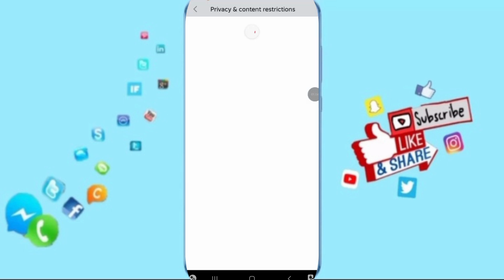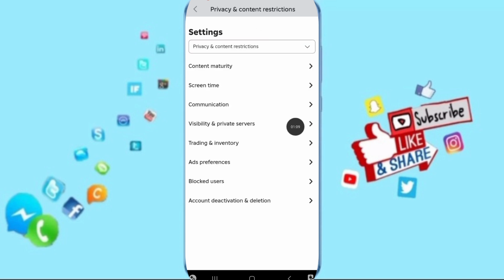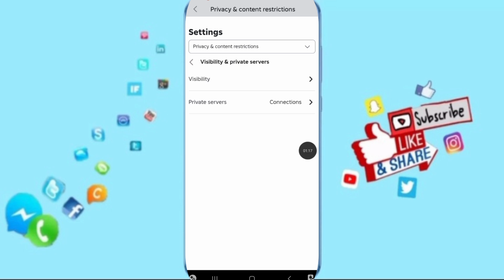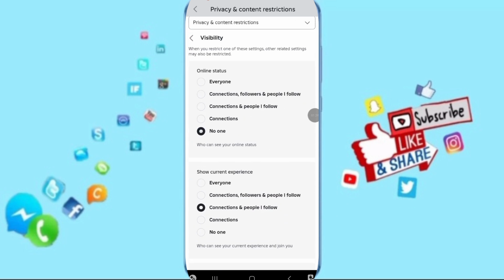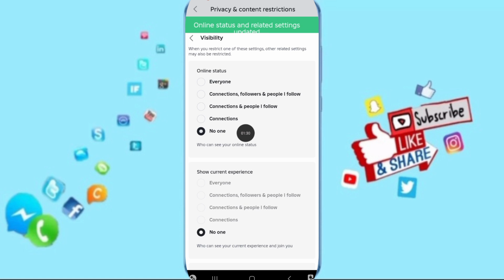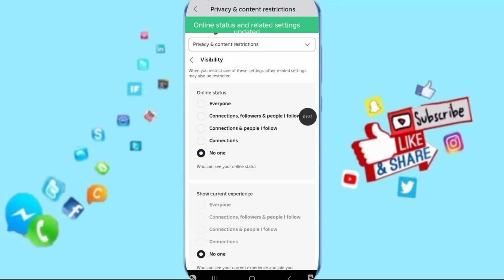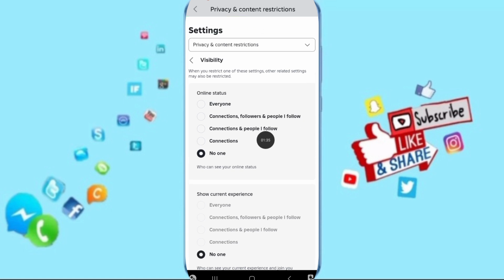After that, on this page, you will find this window of visibility and private servers. You have to enter visibility, and then here, as you see, first you will find this sign like no one can see your visibility or online status or search experience like this, but you have to click here to allow